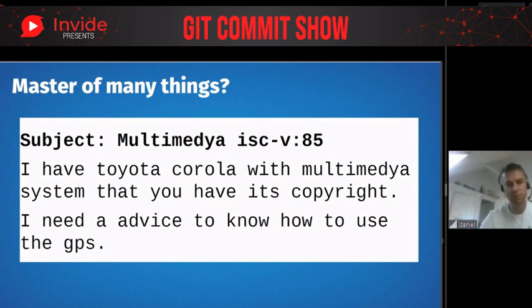And when my email is part of the curl license that shows up in a lot of places, people tend to contact me about problems they have with products where they can find my name, even though I, of course, have nothing to do with the product. I'm just showing off a little fun email I got about someone having some sort of device in a car, presumably using curl and having problems using the GPS. So I get some of these, and it's fun for me. Of course it's sad for the people who experience these problems, but an interesting side effect of having your email in many places.